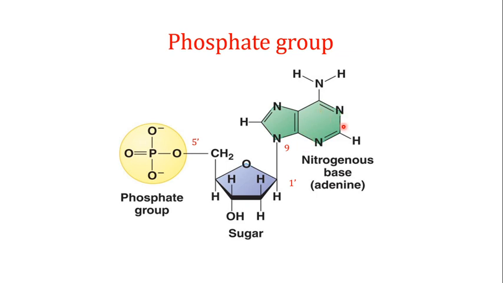So this is the first component, the nitrogenous base. This is the second component, that is the sugar. And the third component of a nucleotide is known as a phosphate group. So this one is making the third component of the nucleotide. As I've told you, if you are attaching a nitrogenous base to sugar, this component will be known as the nucleoside. But if you are attaching a phosphate group, then this whole structure will be the structure of the nucleotide, not nucleoside. This is nucleotide.